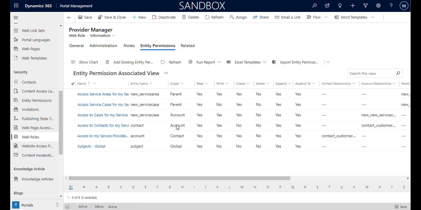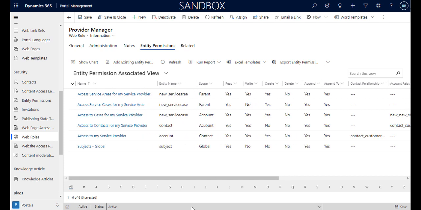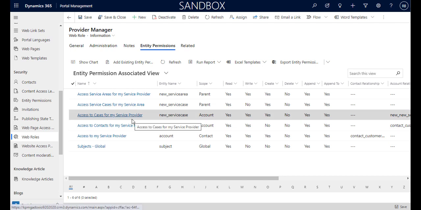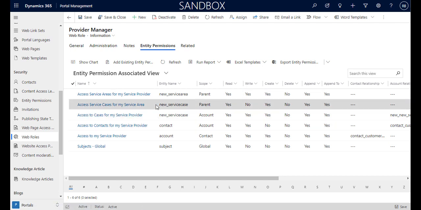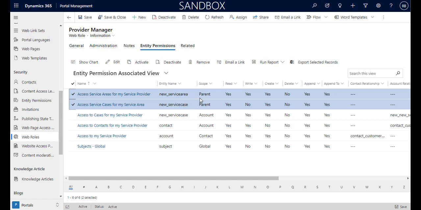Now, by looking at the entity permissions associated with this role, we can see a few things here. So the provider manager has access to cases for their service provider. I've also got a couple of other permissions that I've associated here that I'm actually going to deassociate for now, but I'm going to draw your attention to them,